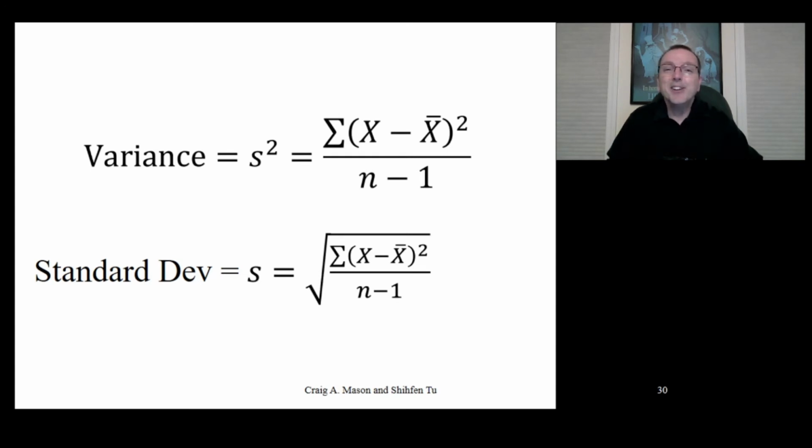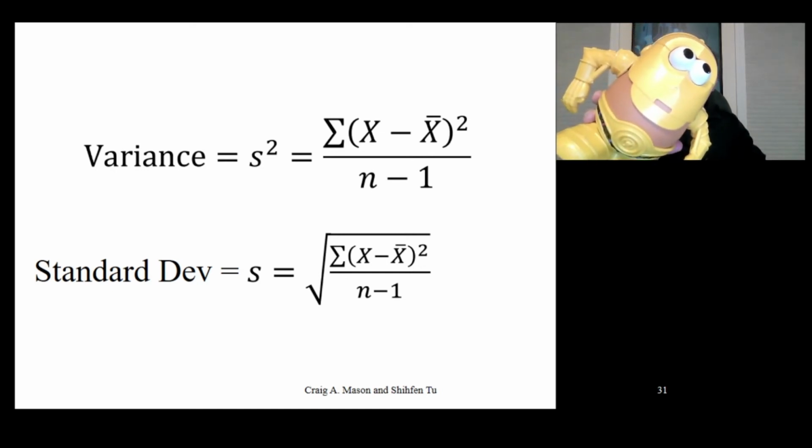Now, you may ask yourself, why does dividing by n minus 1 give us a better, more accurate estimate of the population standard deviation and variance than dividing by n does? And there are a few ways you can think about this. One involves how much information is free to vary in a sample once we know the mean. To illustrate this, I'm going to use some of the toys I have scattered around here.